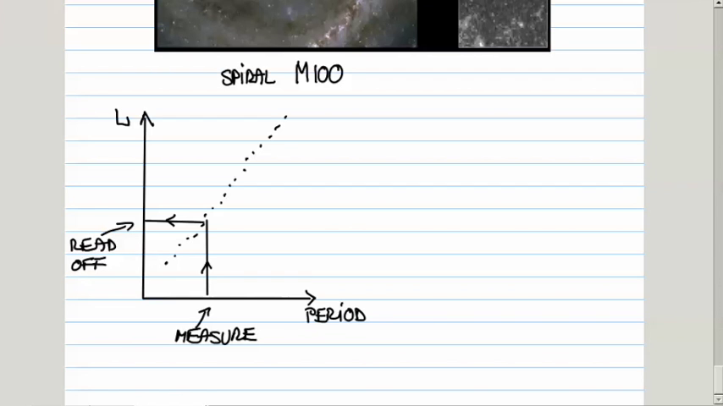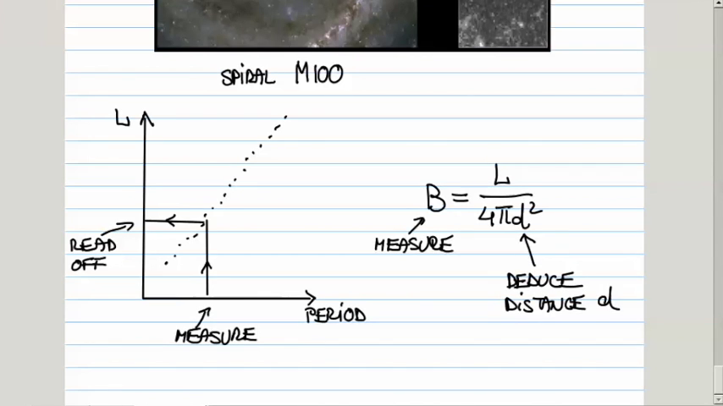So once you know the luminosity, you then go to the relationship between brightness, luminosity, and the distance. You again measure the brightness, and then you deduce the distance. Okay, so